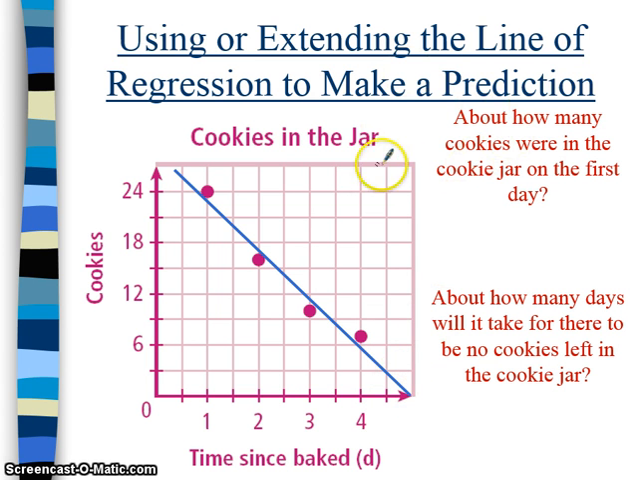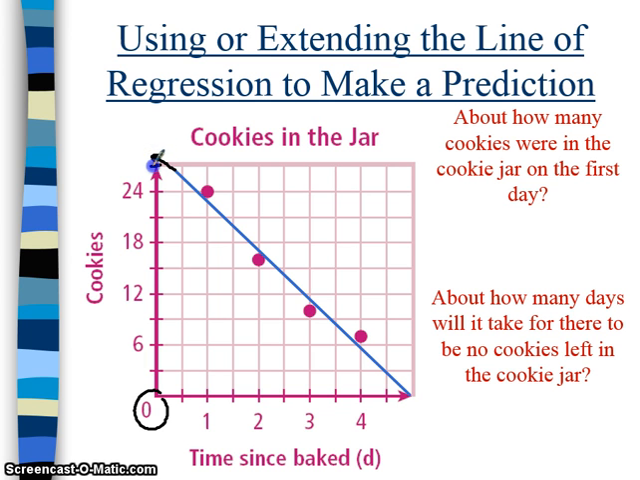We can start to make predictions based on this line as long as it's on this graph. So for example, this says about how many cookies were in the cookie jar on the first day. So the first day would be when we started. That's at 0. So if we extend this line just a little bit further, it would be about right here,